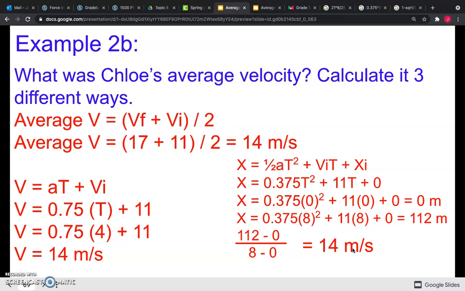And so those are kind of going to be the 3 different ways that we could calculate Chloe's average velocity. We can do it from the average velocity formula. We can do it from the velocity versus time formula by using the midpoint. And then we can do it using her slope between her